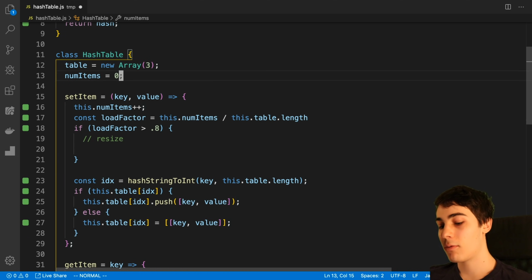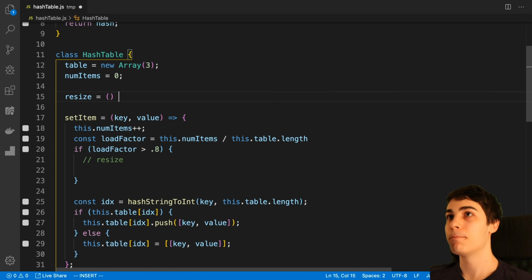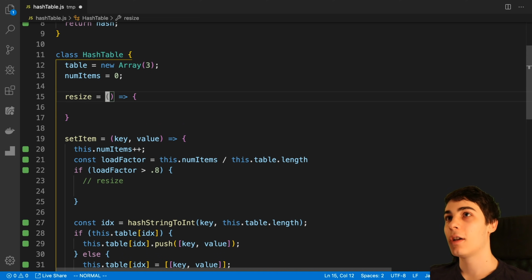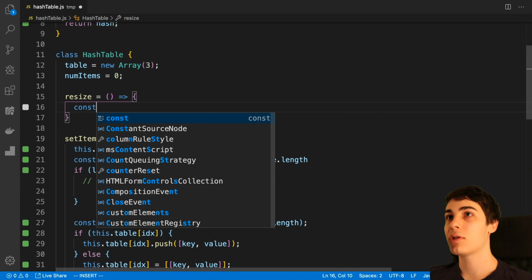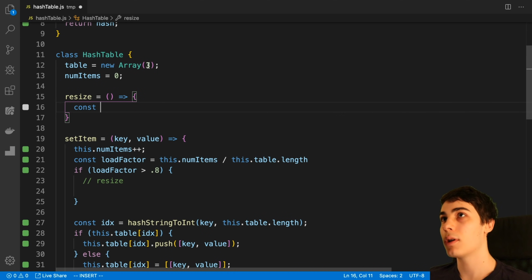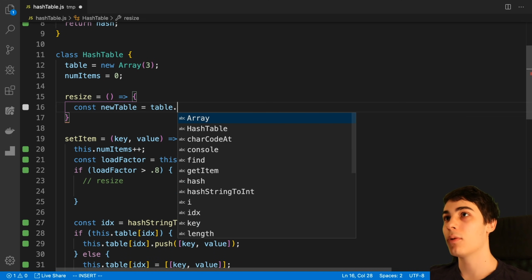Now let's write our resize logic here. So the idea with resize is we just create a new array of double the size. Sometimes you'll also increase it a little bit to get to a new prime number. Like when I double this, it'll take me to 6. You could increase this to the next prime number and go up to 7. So some algorithms will do that. We're going to keep it simple and just double it. So we're going to say new table is equal to table.length